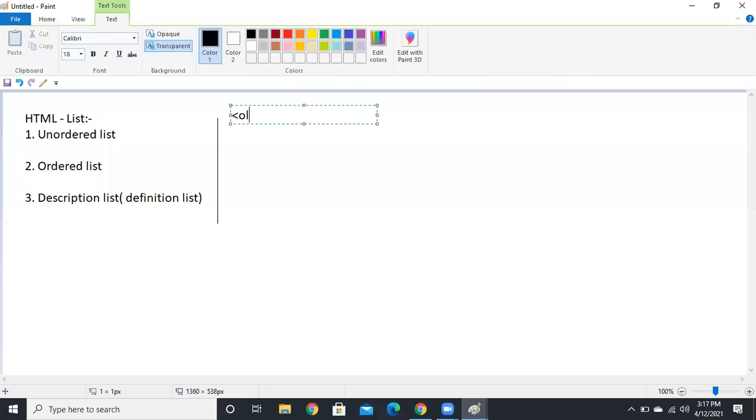OL for ordered list. And again here we have an LI. LI for list of items. Element, yes. Block layout only. Good. LI is also one of the block layouts.